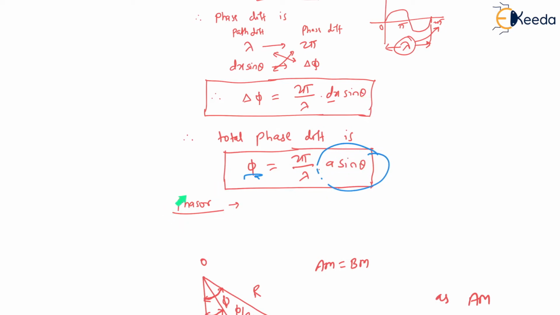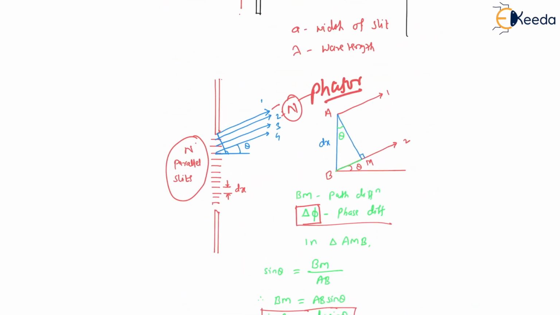Here we have defined one term, that is phasor. You must have come across this term in EM waves, or electromagnetic induction, in your 12th standard, the phasor diagram. Even if you have drawn those diagrams in AC circuits also. So phasor is a term we use where magnitude and phase difference both are important. Here, to find the resultant amplitude at point P, we will check the amplitude of each ray. Each ray will contribute a single phasor.